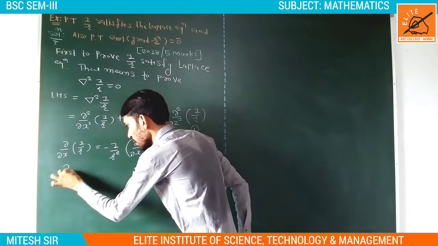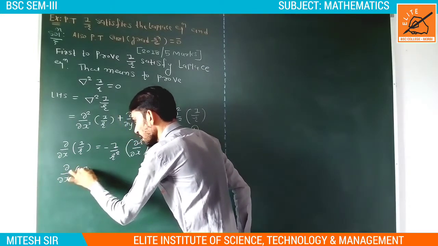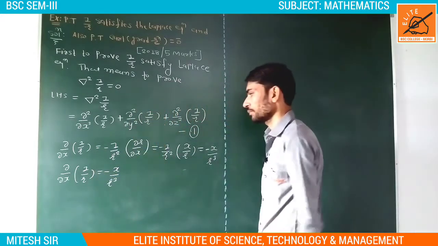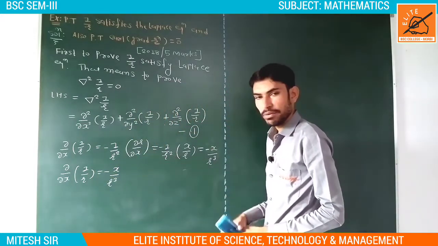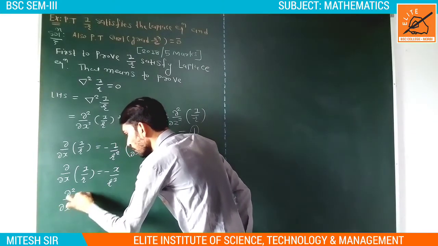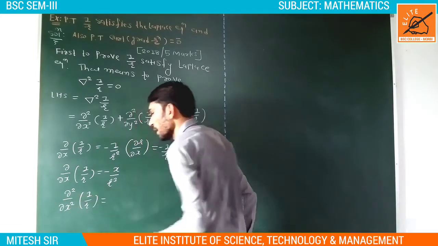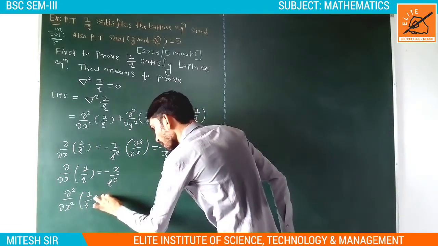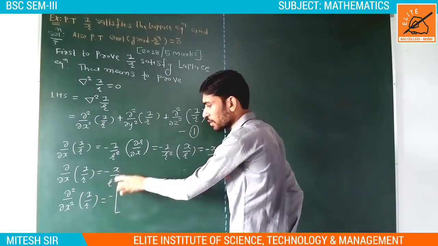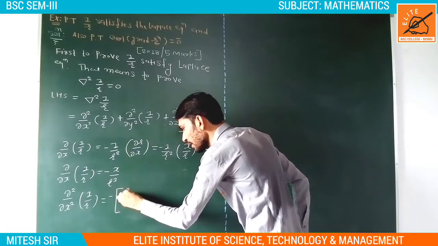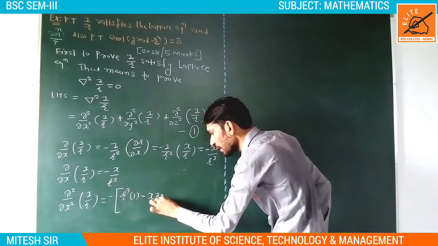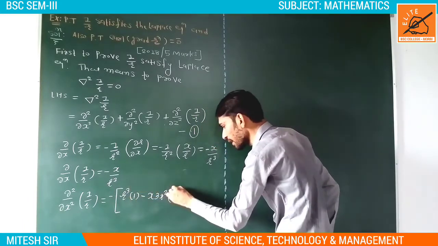So friends, we have got the first order derivative: del upon del x of 1 upon r is minus x upon r cube. Now we find the second order derivative. So here we write del square upon del x square of 1 upon r. Here we apply our division rule. Minus as it is. Friends, the minus sign we keep outside. Now we apply our division rule for x upon r cube. So r cube as it is, the derivative of x is 1, minus x as it is, the derivative of r cube is 3r square, and next to it del r by del x,